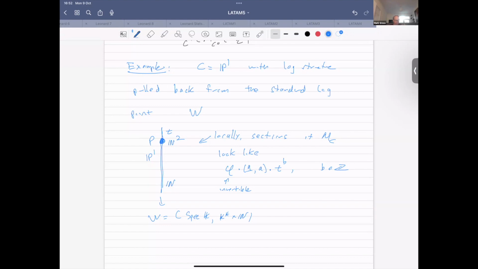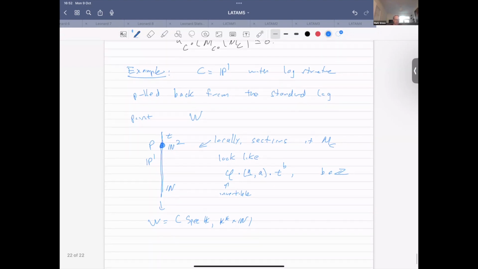So in other words, I'm allowing poles. But the crucial thing is that I'm only going to allow a pole when alpha, the structure map, takes this to 0. I can't define the structure map alpha on t inverse because alpha of t inverse will have a pole. But as long as this gets mapped to 0,